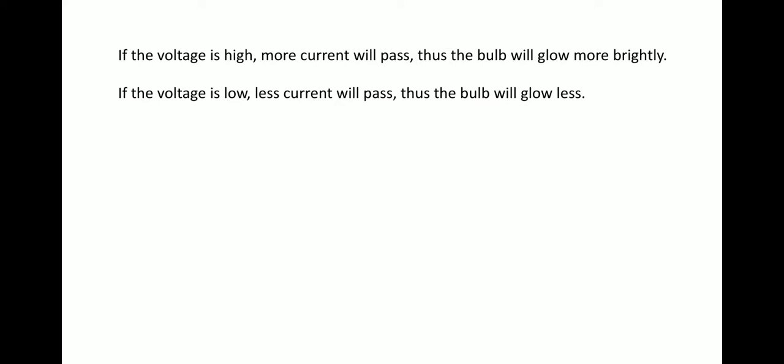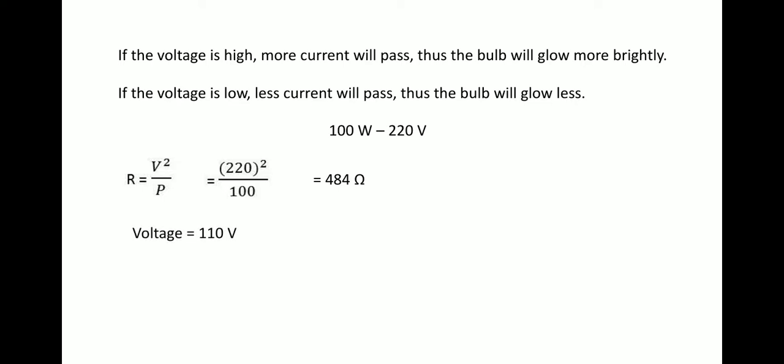So if we again consider a 100 watt bulb which operates on 220 volt, then we have learned that the resistance used will be equal to 484 ohms. But if the voltage drops to 110 volts somehow, okay, if there is any disturbance and the voltage is dropped to 110 volts, then what may happen? Now the resistance is going to be fixed. Okay, if the resistance is fixed, then, in this case, we'll use P is equal to V squared by R.